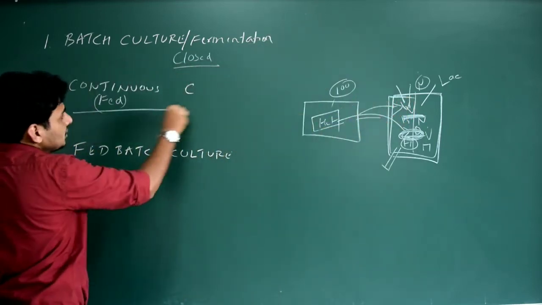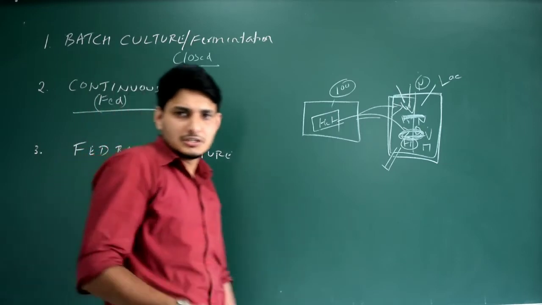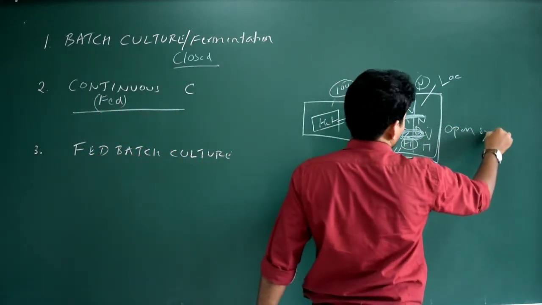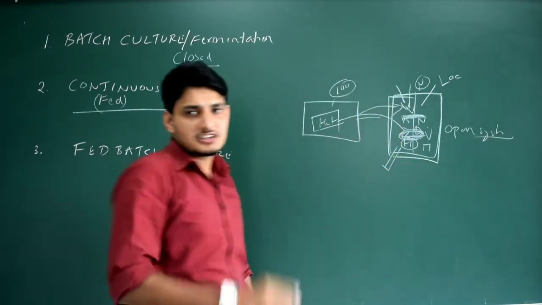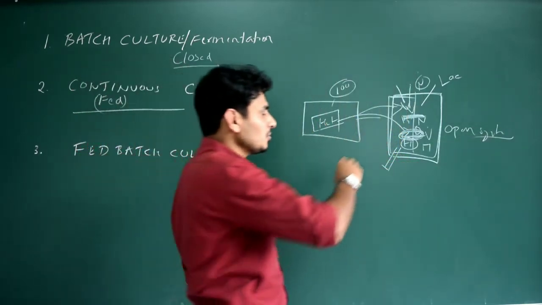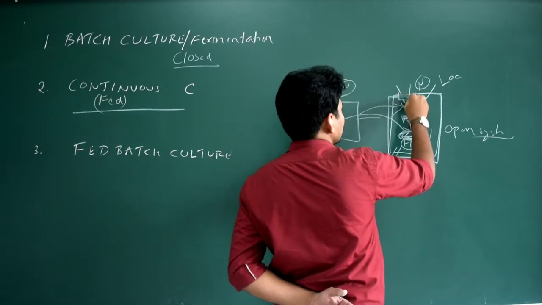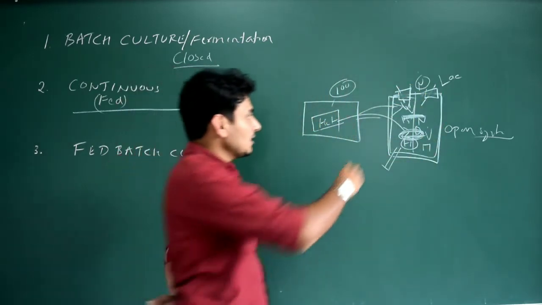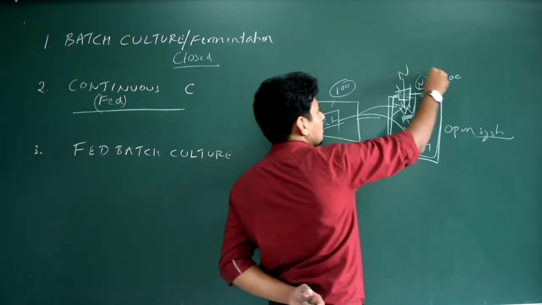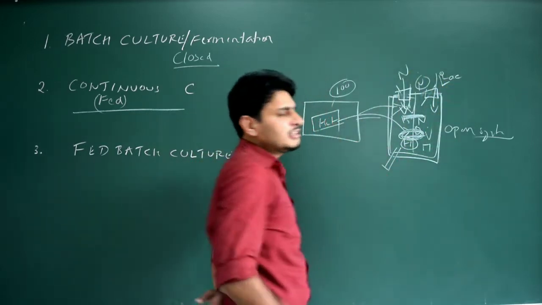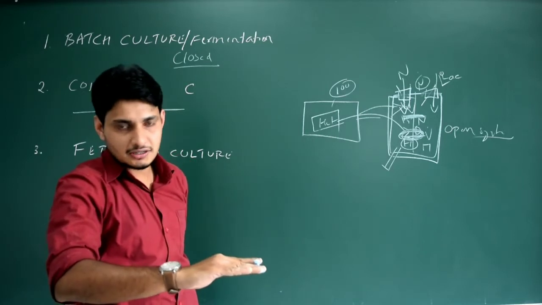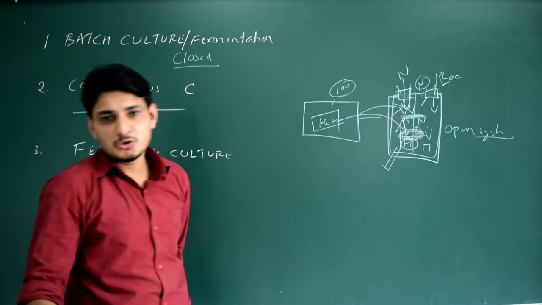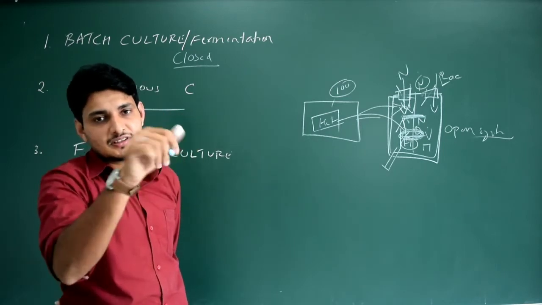The next is continuous culture. What is this continuous culture? Very simple, similar, but it is an open system. Not like batch culture. Batch culture is a closed system. An open system is nothing but I already have inlets for this bioreactor, and I'm going to supply the nutrients, oxygen, everything continuously. Got it? So that the multiplication rate of the heterologous host organism automatically increases. This is actually the advantage.